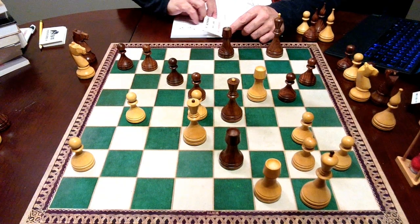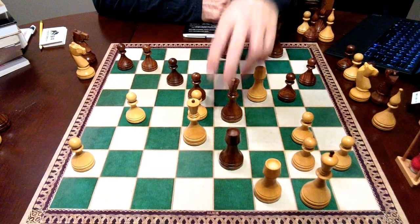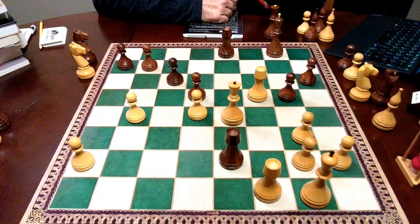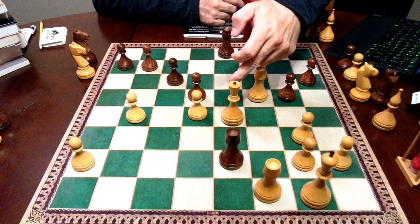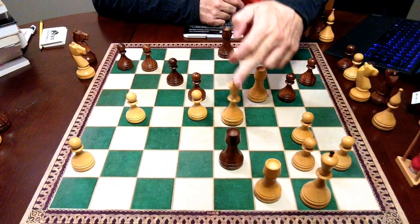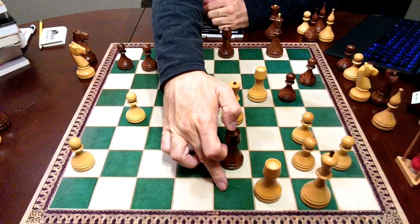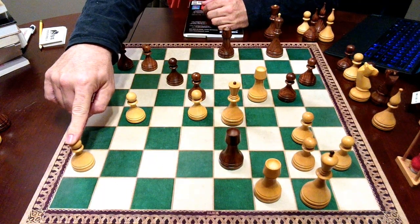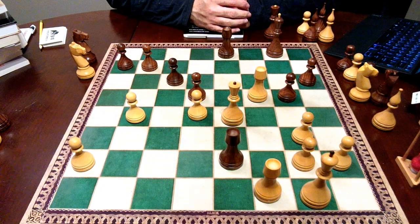You will obviously have to play it through and see what happens. Which means after he takes this, how do you take back? Sorry. Do you take with a rook or do you take with a pawn? Notice, taking with a pawn creates a passed pawn that is only 3 squares from promotion. This rook can go eventually here, and yes, it's kind of messy for white to be able to save this